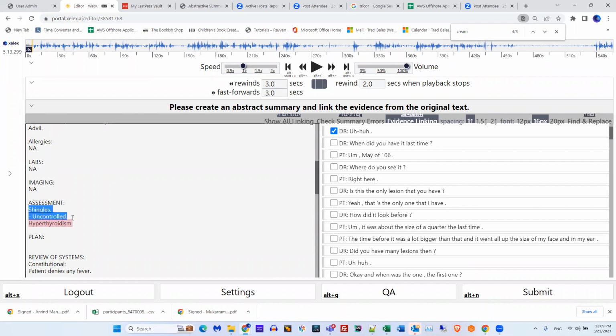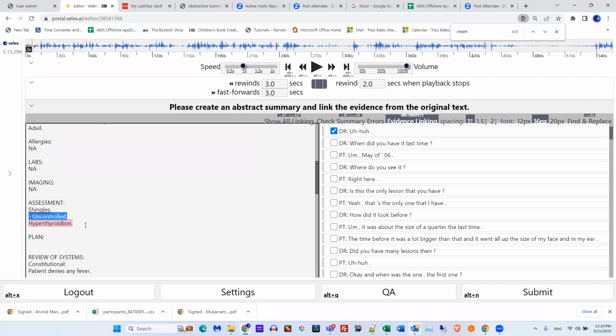Okay, things for statuses that you can use, uncontrolled or controlled on whatever. So if it were maybe controlled, shingles controlled on medication, controlled on Famvir, maybe something like that. Controlled, uncontrolled, managed, unmanaged, new onset, worse in the last 3 weeks. Those are things that you can use as assessments. And those are the things that are statuses under assessment. Those are the things we're looking for.